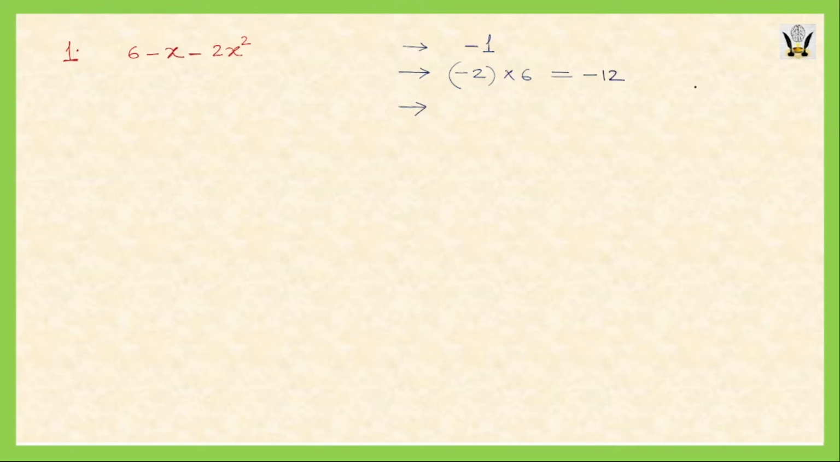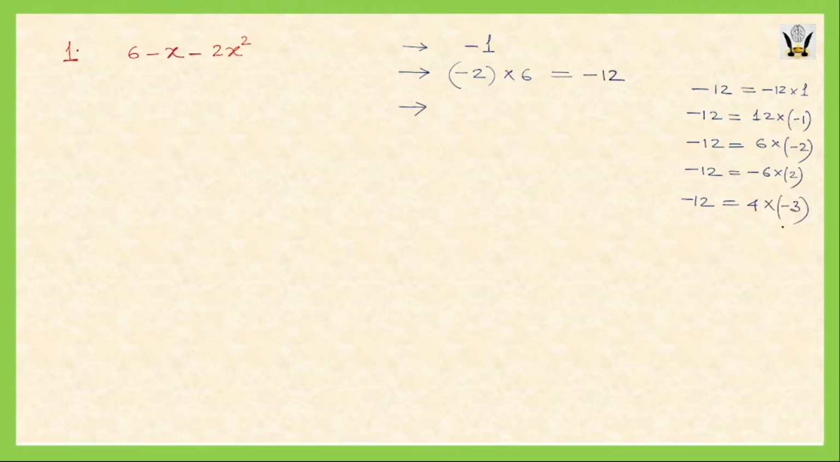Like here, -12 can be expressed as -12 multiplied by 1. -12 can also be expressed as +12 multiplied by -1. -12 can also be expressed as 6 multiplied by -2. Another possible combination is -6 multiplied by 2. Then another combination is 4 multiplied by -3. And then another combination is -4 multiplied by +3. Now among these 6 combinations, if we take this